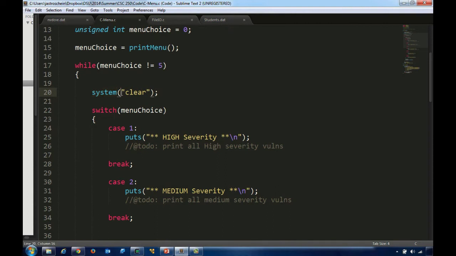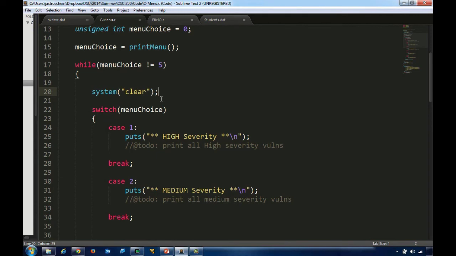It expects as one argument a string value that it will try to execute basically at the command line. So clear is what we'd issue at the command line to clear the screen. You can use that here if you want. Keep in mind that this does reduce portability, because if you wanted to run this on a Windows machine, this wouldn't work, because this isn't how you clear the terminal on a Windows machine. You have to use CLS. So just something to keep in mind, but I will be running this on Linux, so don't worry about that